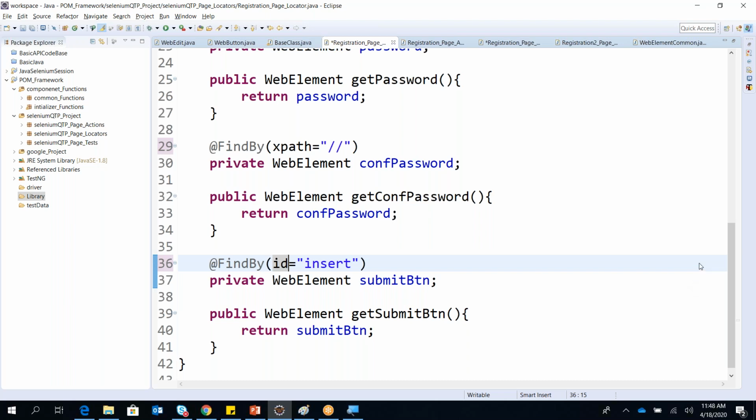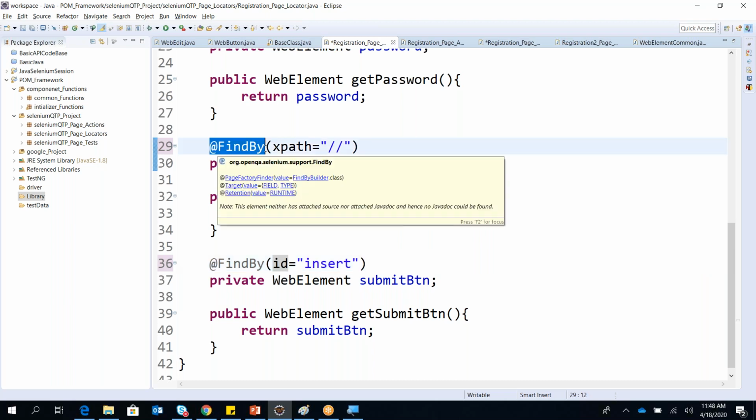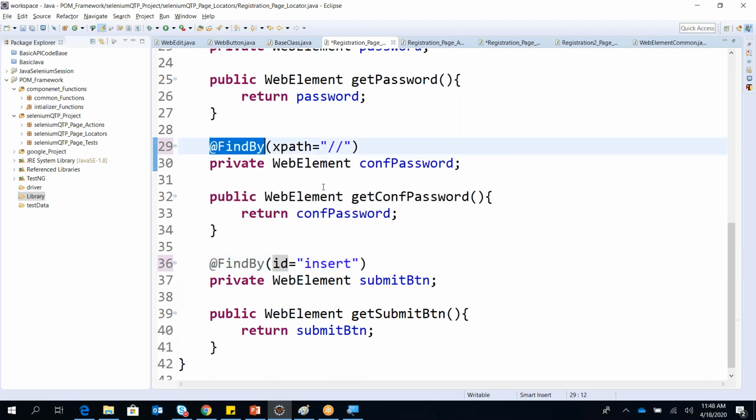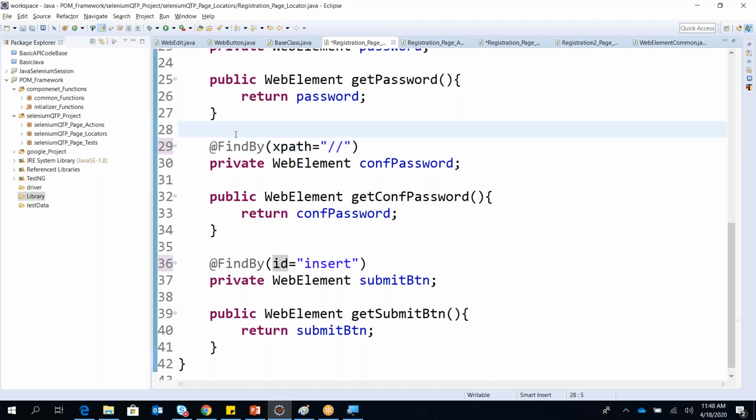What is the use of find by? So find by is used basically to identify any of the locators. Sometime back I had written one piece of code, which is how we were previously writing it: private, dot find element, and then in between by dot id or something and then your value here.